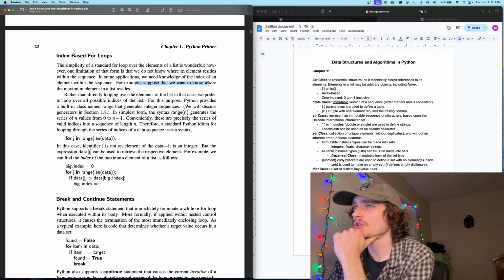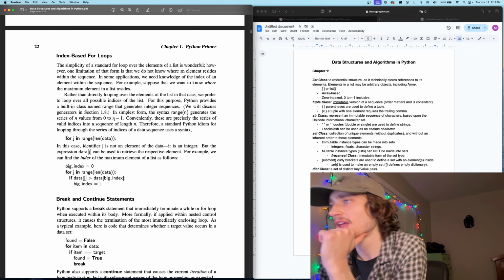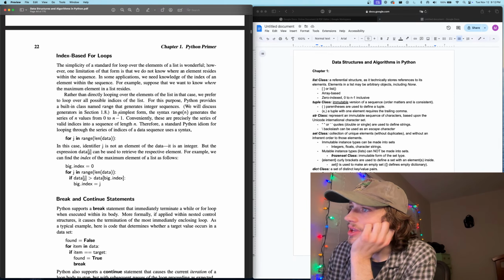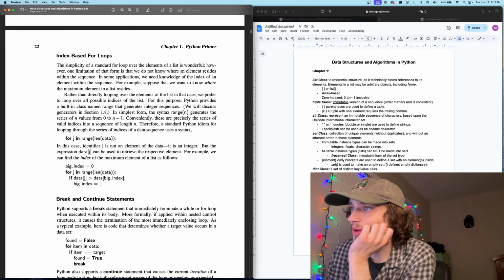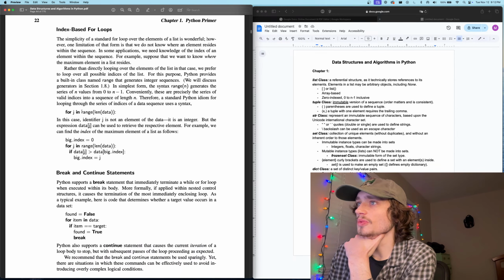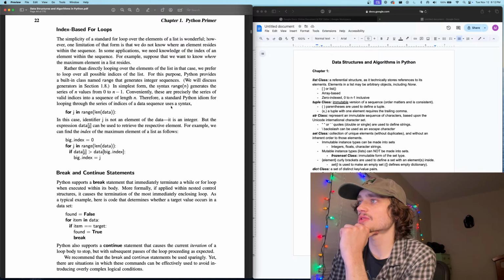For this purpose, Python provides a built-in class named range that generates integer sequences. We will discuss generators later. In the simplest form, the syntax range(n) generates the series of n values 0 to n minus 1. These are precisely the series of valid indices into a sequence of length n. Therefore, a standard Python idiom for looping through the series of indices of a data sequence uses a syntax